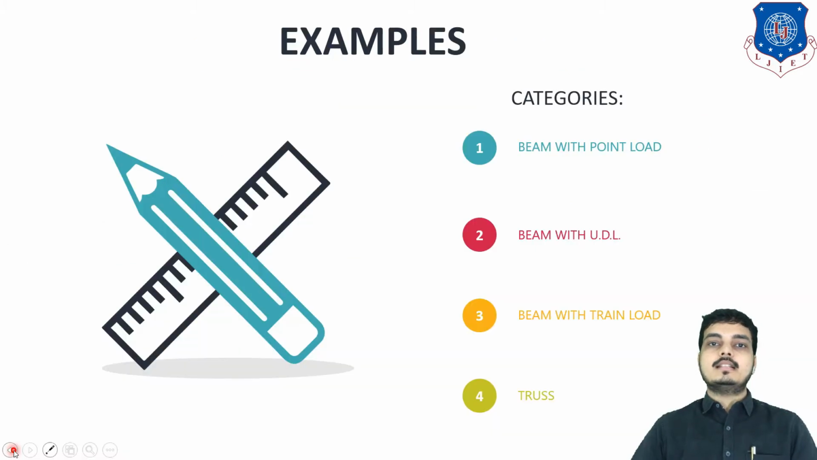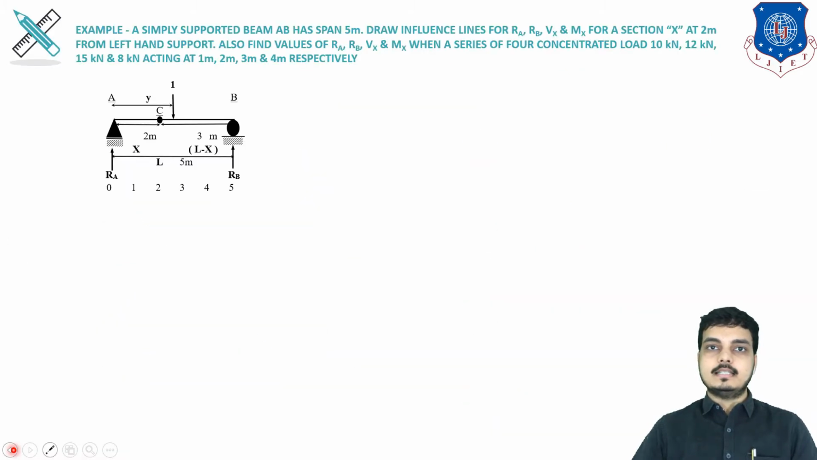Now today we will be considering one more example. Let's see. Here, a simply supported beam AB has a span of 5 meter. Draw influence line for RA, RB, VX and MX for a section X at 2 meter from left hand support. Means our section is given 2 meter from left hand support. Also find the values of RA, RB